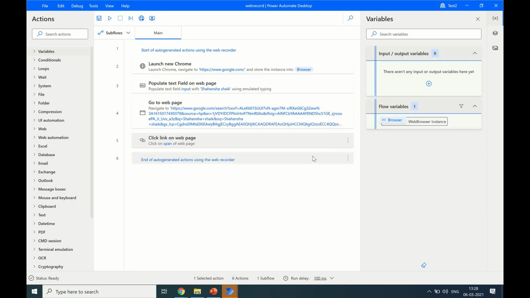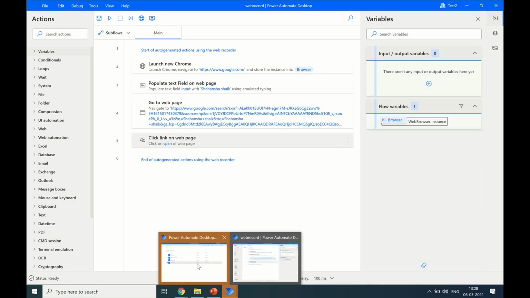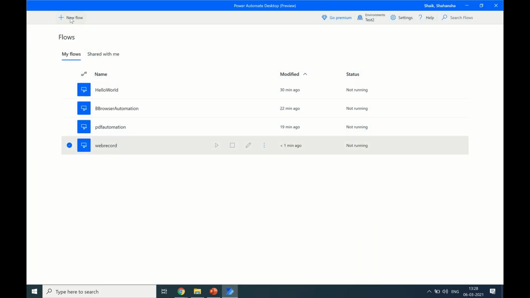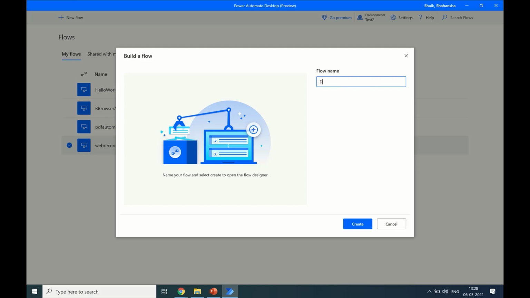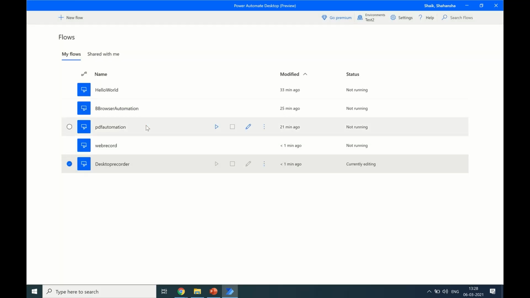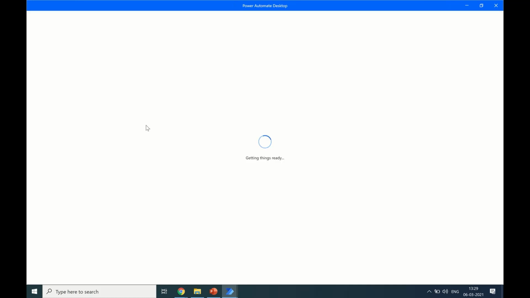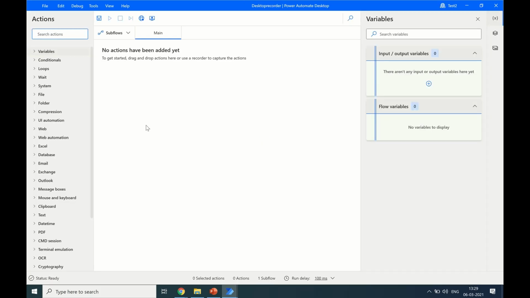So I saved it, and then let's go ahead and create another flow, which let me call a desktop recorder, and showcase how powerful the desktop recorder is, because if you see the actions that are available, it has a predefined list of actions. If you need to do something with a new application altogether, which is installed in your local, then desktop recorder really helps you work on it. For example, I wanted to work with calculator. So I'm going to use this desktop recorder,